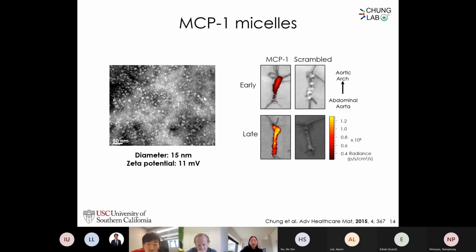And then in the ApoE knockout mouse, I found that they bind to early stages of atherosclerosis compared to the scrambled. And this is the aorta. But between the early and the late, we find that there's actually more binding in the late stage, and that's because monocytes accumulate over the course of atherosclerosis. And so potentially we can utilize these micelles as a way to dynamically track and also understand staging